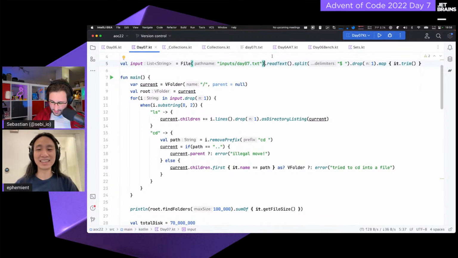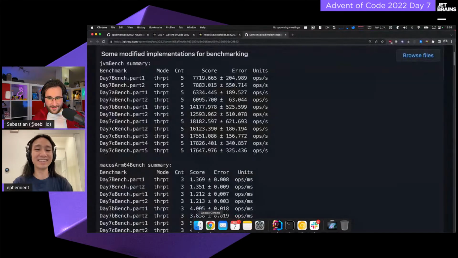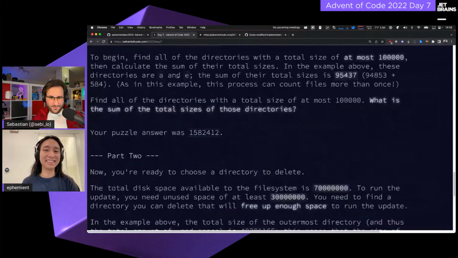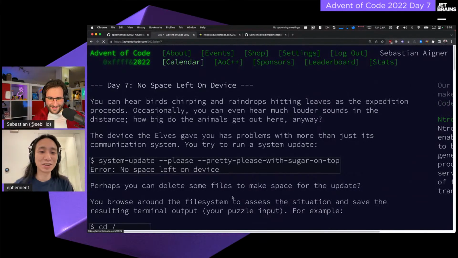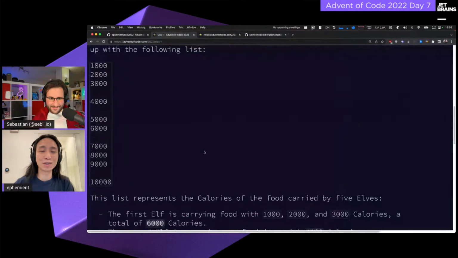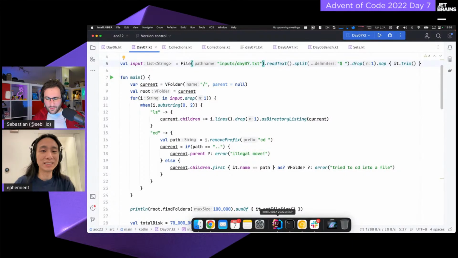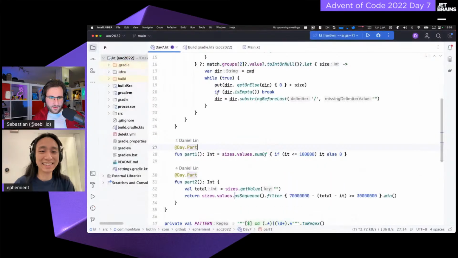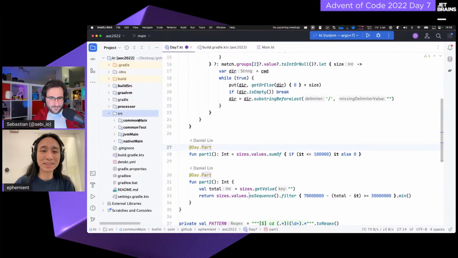Because on day one, if people remember, we had numbers that were grouped by an empty line. Let me actually see what my code looked like on day one. I forgot that we are also in your repository here, so we can just look at that. So let's see.